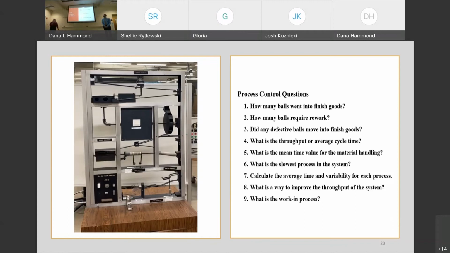These are all very inefficient ways to collect data, because by the time the operator comes to a conclusion, the ball system has probably already run 3 or 4 more takes, and the process variations have changed enough that the conclusion the student or operator came up with is very irrelevant at that point. So we had to figure out a sensor that would be able to capture the data,